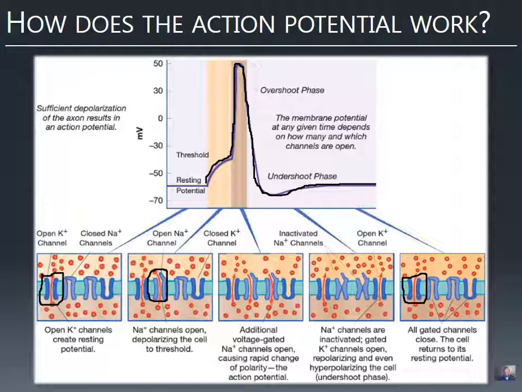The neuron gets a little bit depolarized, then those voltage-gated sodium channels sense that change in the membrane potential and start opening up. Lots of sodium comes in, opens up all the sodium channels until eventually they shut down. And then the potassium channels open, and now positive charge is rushing out of the neuron in the form of potassium. So we see this quick increase in the membrane potential and just as quick a decrease. And then it returns back to its resting potential and it's ready to fire again.